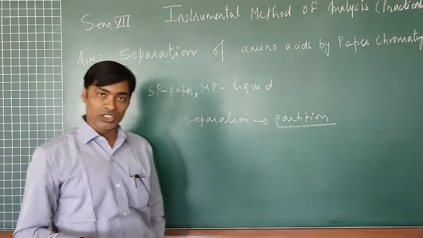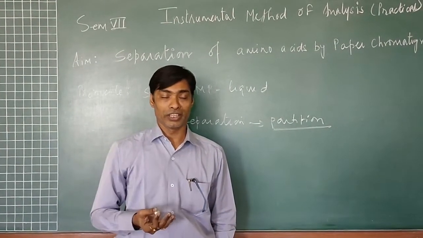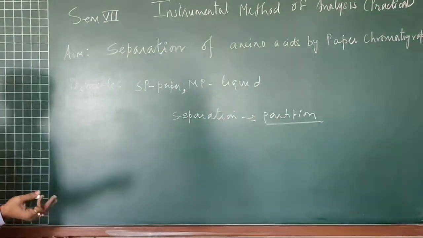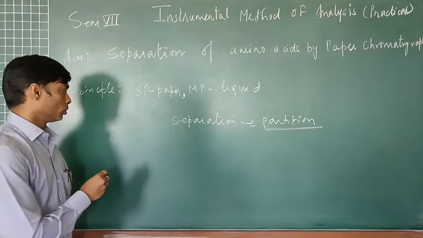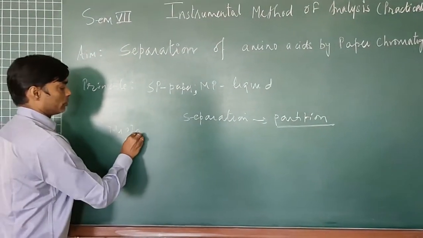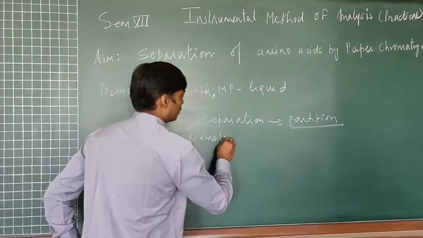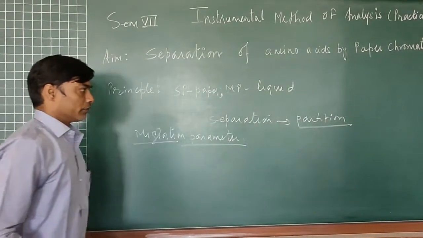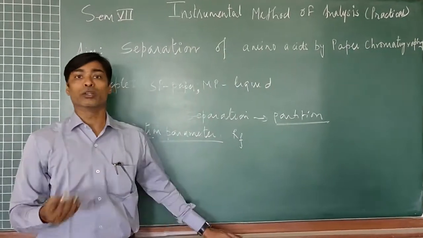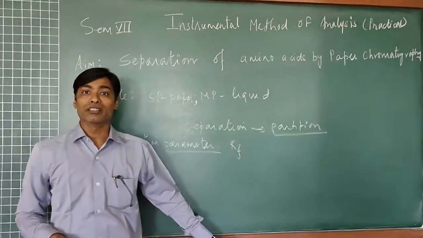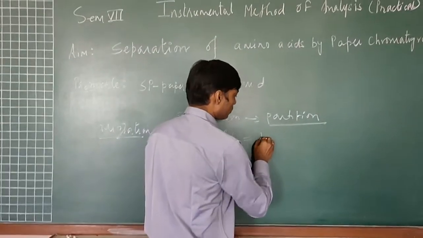Now, once the paper selection is done, we have to use mobile phase according to the sample which we want to analyze. But before talking regarding the mobile phase, I would like to talk regarding the migration parameter which we will be calculating after the experiment is over. In paper chromatography, the most reliable or the most often calculated migration parameter is the RF value or the retardation factor, which is calculated as